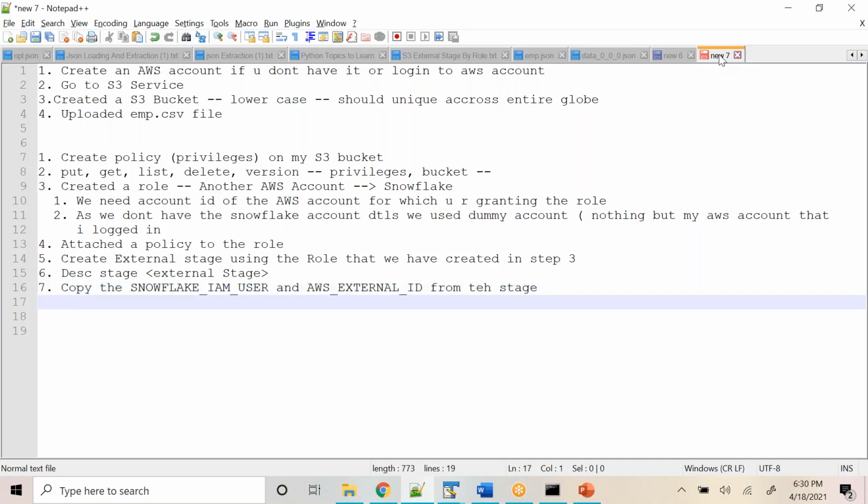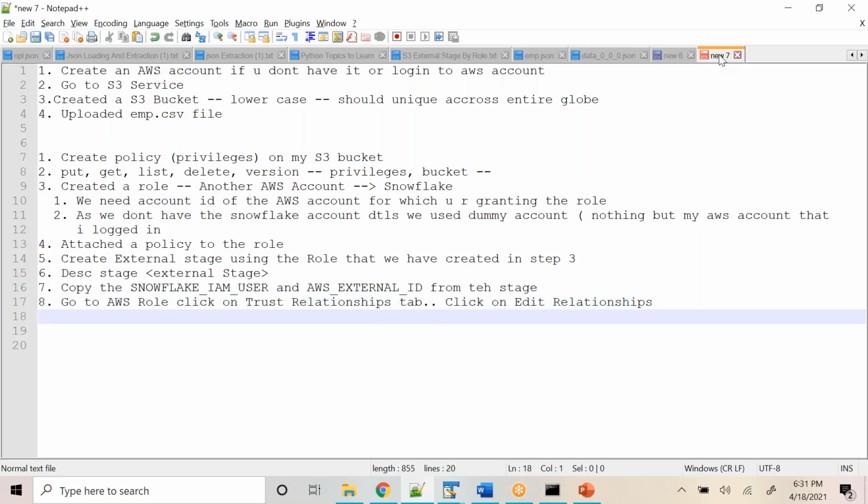Copy those. Okay, and go to the AWS role, click on the trust relationships tab, click on edit trust relationship, right. Update the dummy account